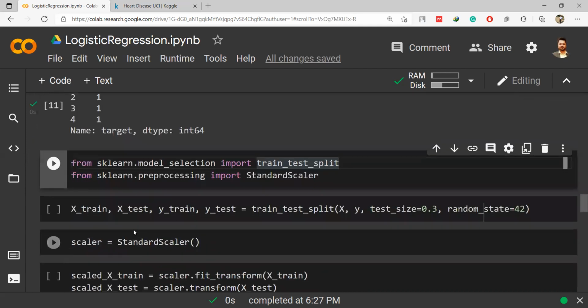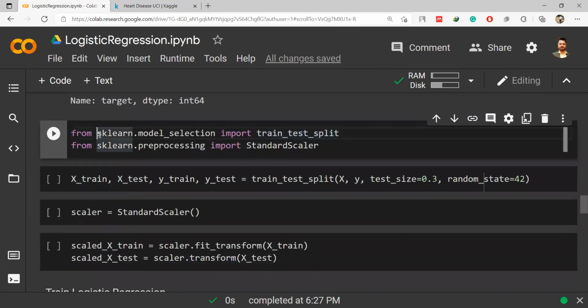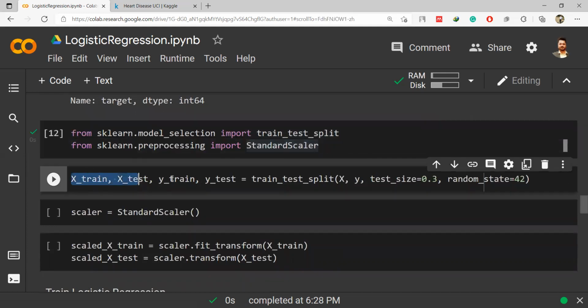For that, we will be using these commands from sklearn.model_selection. You should remember that train test split is part of model selection, and standard scaler normalization is part of preprocessing, right? This should be remembered, as a question might come up regarding this. Then this sequence has to be maintained: x train, x test, y train, y test, and the train test split has to be made with a test size of 0.3. 30% random values will be selected for the test data set, and the remaining 70% will be kept for training. These four components will be filled using the function train test split.